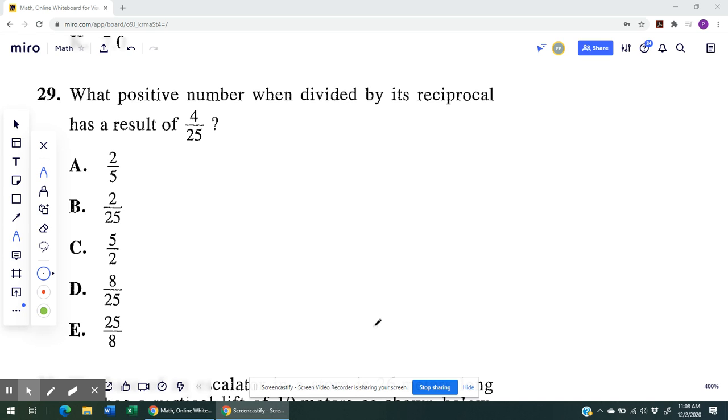Let's take a look at some ACT math problems. First, keep in mind that the ACT math problems tend to become more difficult as you progress through the 60